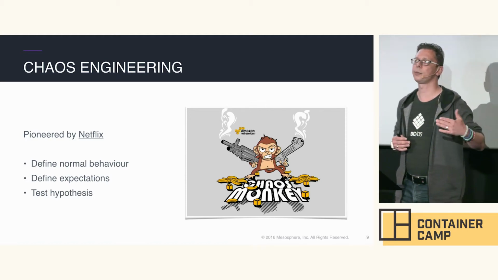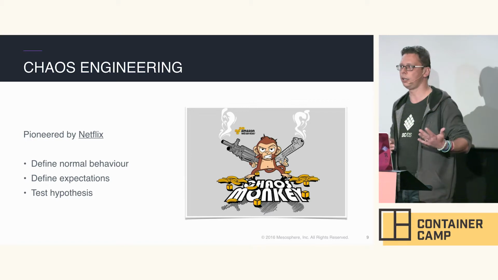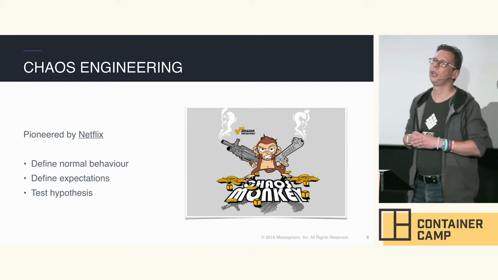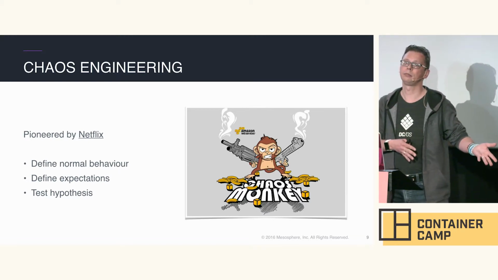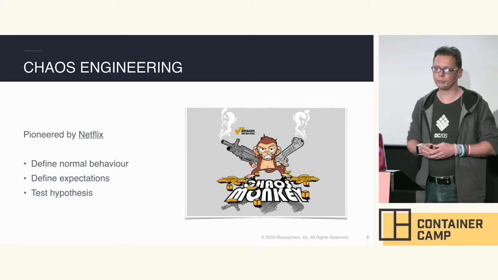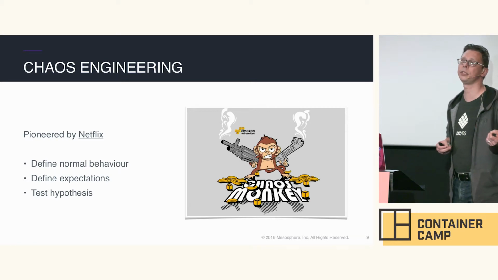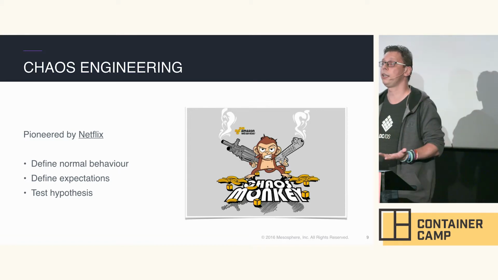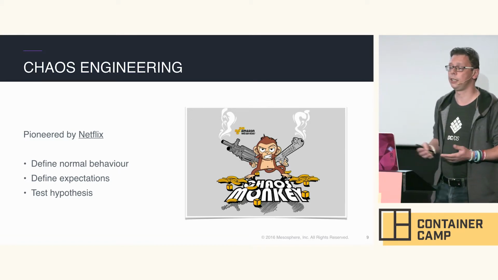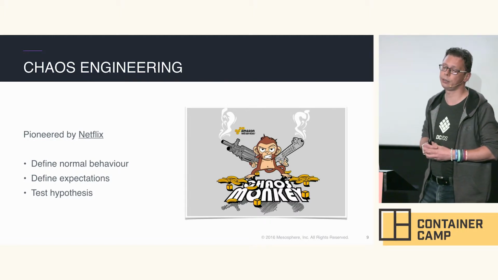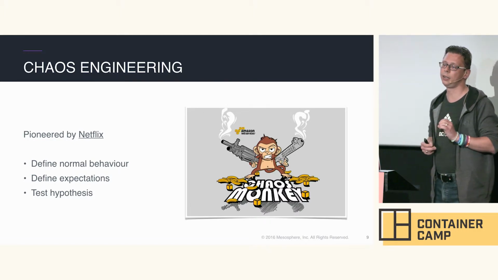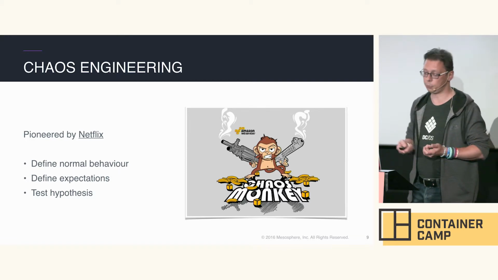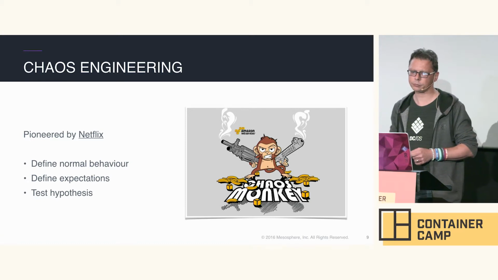Then you define your expectations. You say, all right, if, I don't know, a quarter of my machines goes down, I expect the system to do that, or whatever your expectations are. And then you actually test these hypotheses, right? And compare with your expectations, and by that you should figure out what exactly, on whatever layer you need to tweak things, has gone wrong. So again, it is really a scientific approach to testing and not randomly damaging infrastructure.